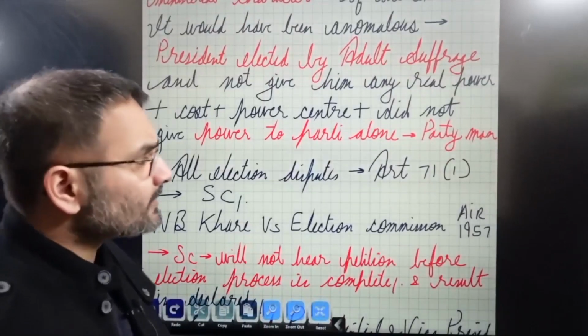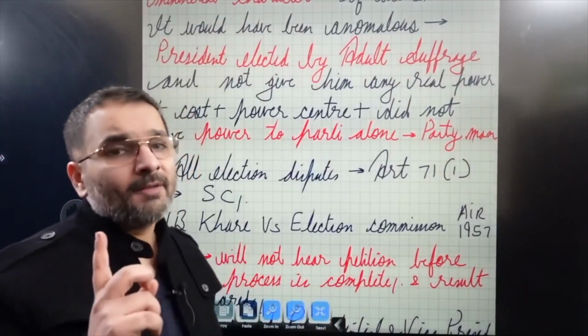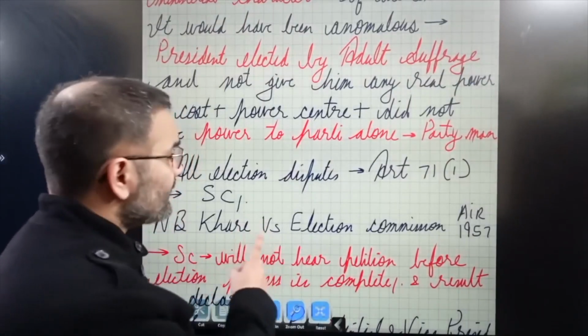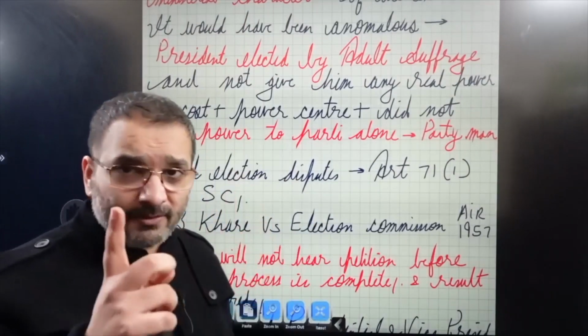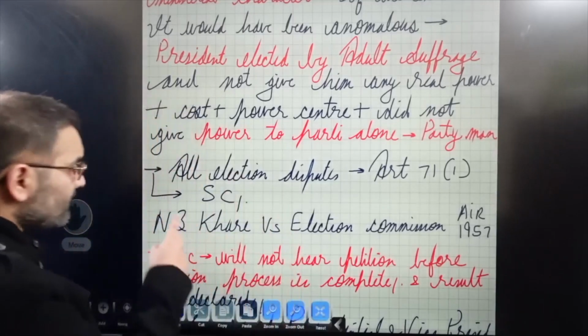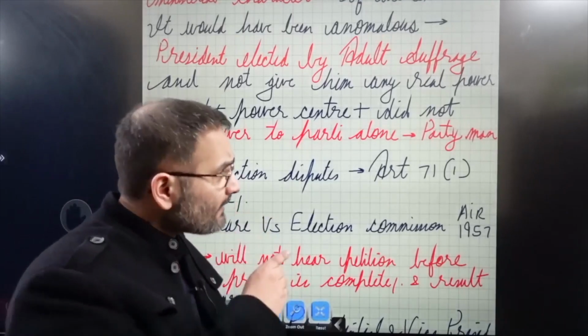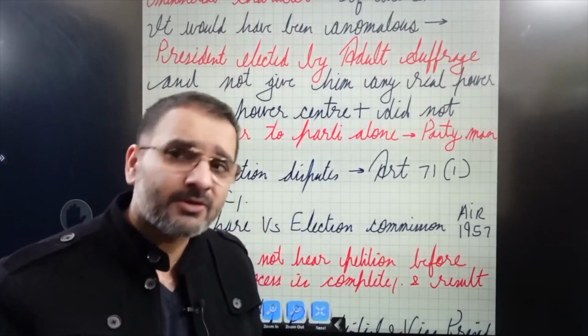Now, all election disputes. Anytime that you're mentioning or writing an answer on the president or the council of ministers, please write all election disputes relating to the appointment of the president. Article 71 clause 1 says the Supreme Court is going to handle. You can pause the video right now and have a cursory look at 71 clause 1 if you wish to,